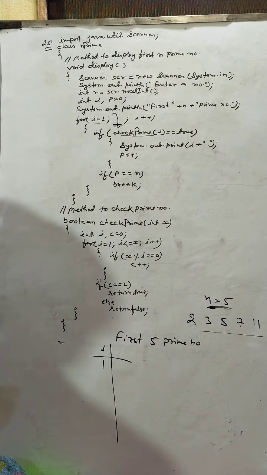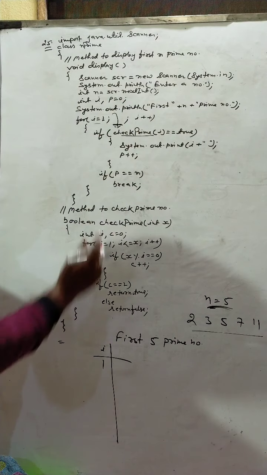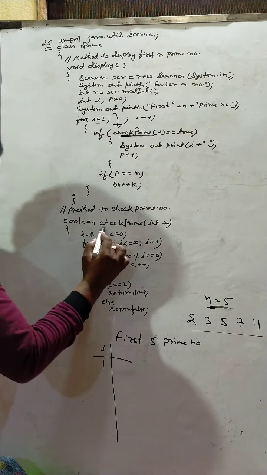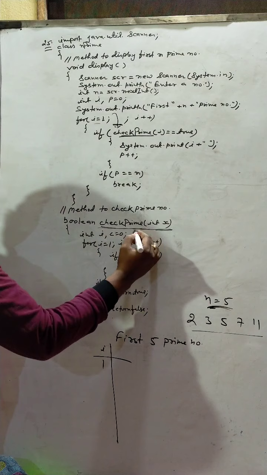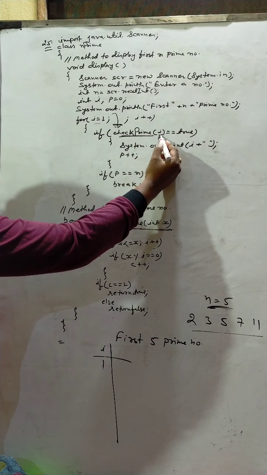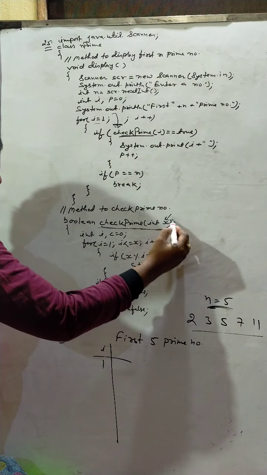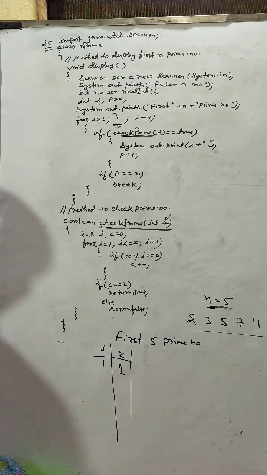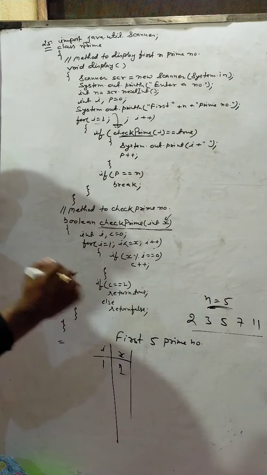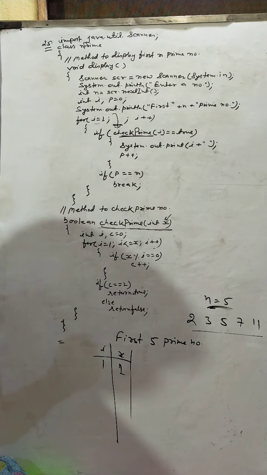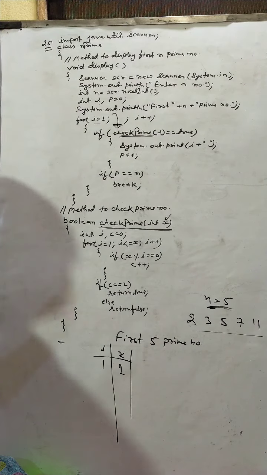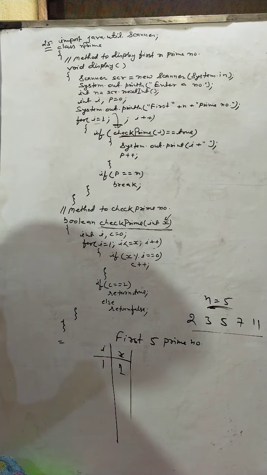See what happened. i equal to 1. In function check prime we have passed i. Here check prime int x. The value we have supplied from i will be stored in variable x. Therefore the value of x is also 1. So to check prime, our logic is to count its number of factors. If the number of factors of a number is 2, then it is a prime number.